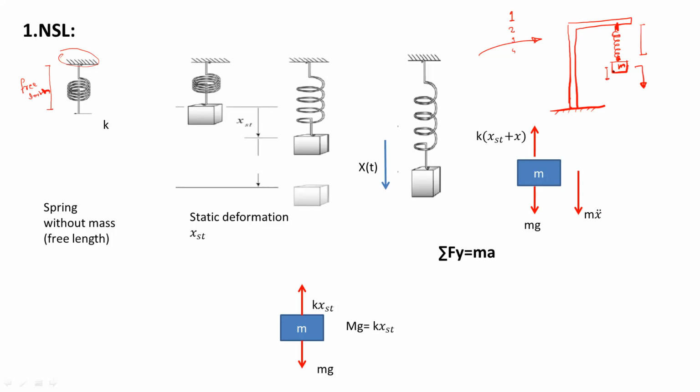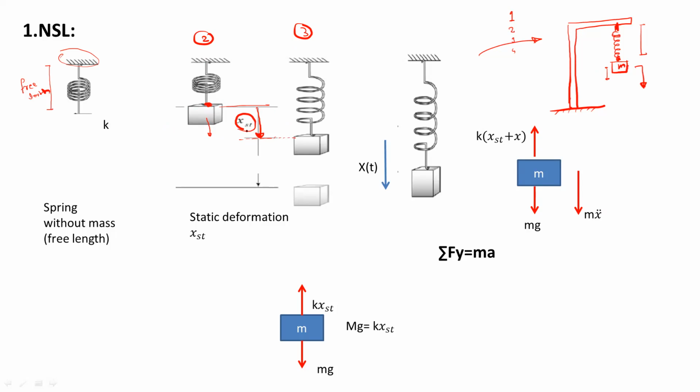Okay, so allow the spring to deform permanently. That is called a static deformation. So here you can observe in the second diagram, I have just connected the weight. Then you should allow this gradually to deform up to its maximum displacement. This displacement is shown in the third diagram. So from this point, that is from the free length point, up to this deformation, this is called a static deformation.